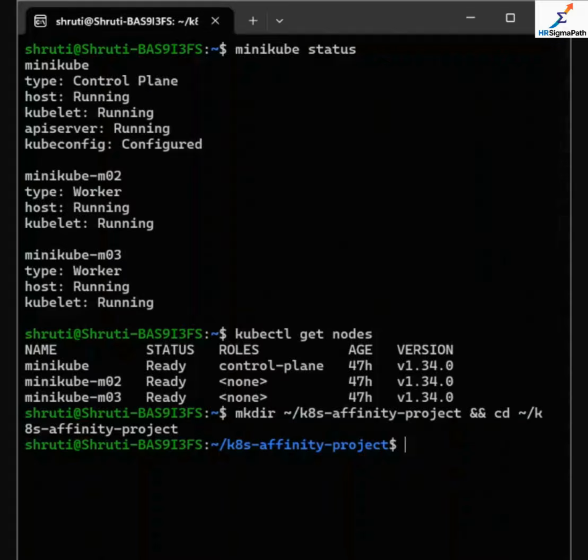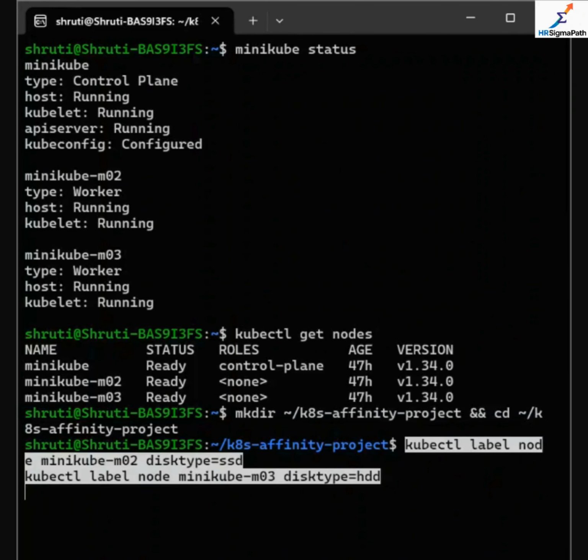That is why we use SSD and HDD labels, so that Kubernetes can place workloads on the right kind of hardware. So we will label our M02 node as SSD and our M03 worker node as HDD.